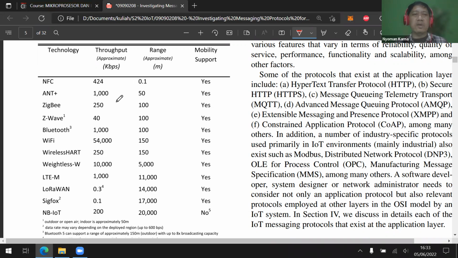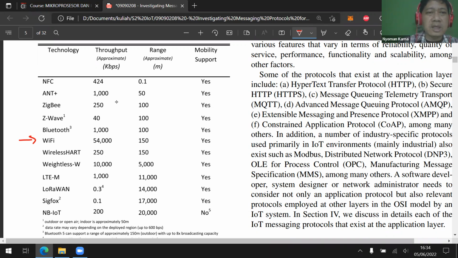So if we want to send a very big data, for example, I'm going to use autonomous CCTV. CCTV means I'm going to send either high quality or high resolution images, or I'm going to send a video broadcast. That's the purpose of CCTV. That means we need a very big bandwidth. I don't care about the range because it's only CCTV and I'm only going to cover my house. So that means the best possible solution is using the Wi-Fi.